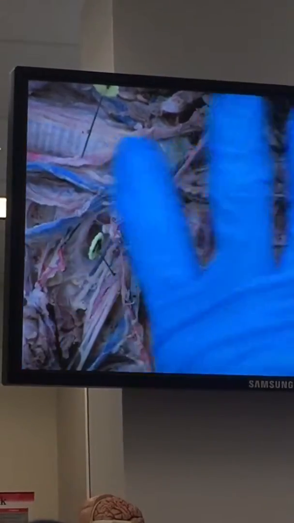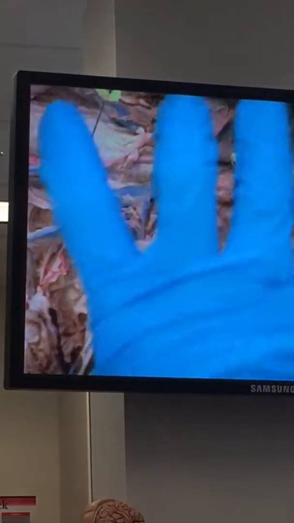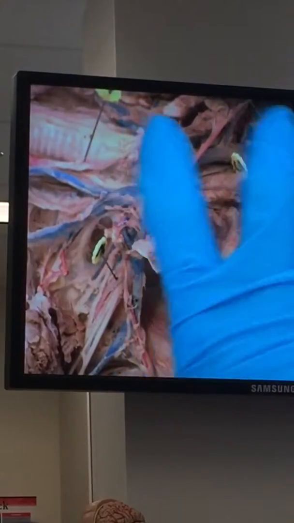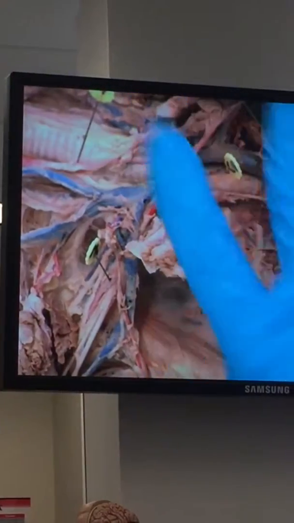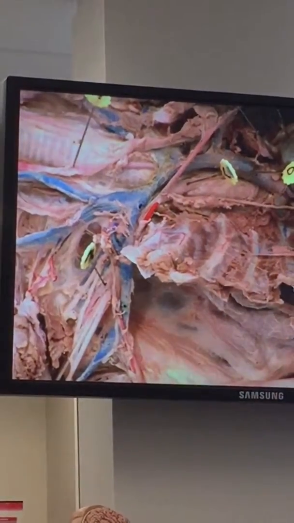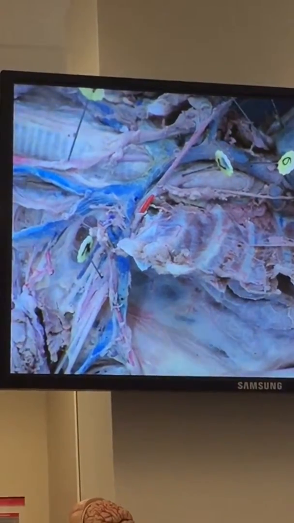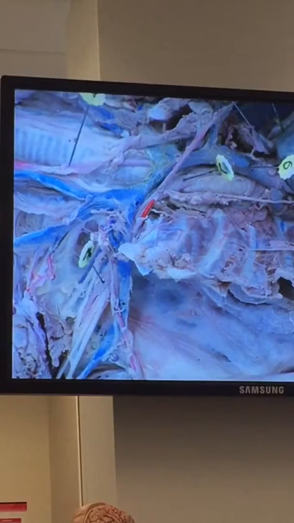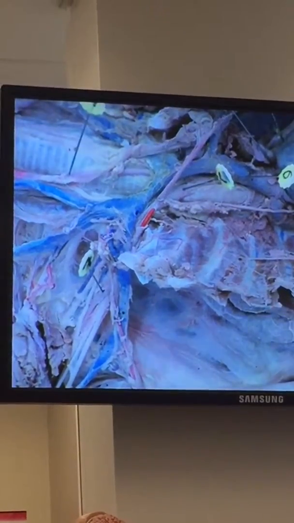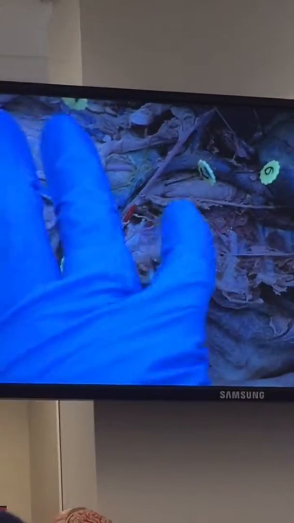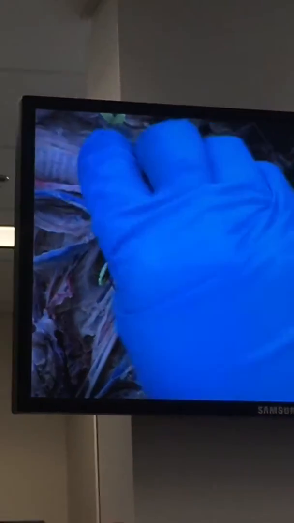So these little cartilaginous rings are actually holding that trachea open, and that allows the air as you suck in and you depress this diaphragm and you create that decrease in pressure in the thoracic cavity, it actually pulls air through that tube. If you didn't have those cartilaginous rings, it would just collapse and you couldn't breathe. So those cartilaginous rings are there, and that's what you're going to have your vessels paired on